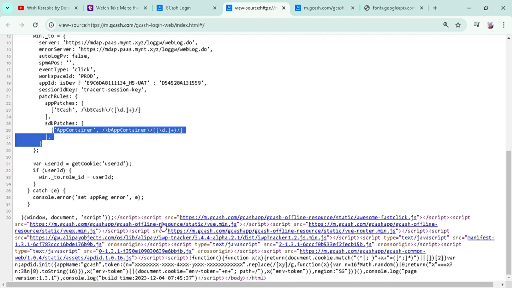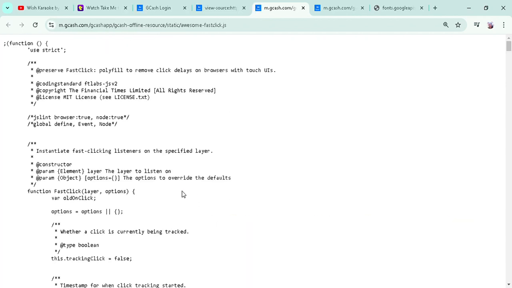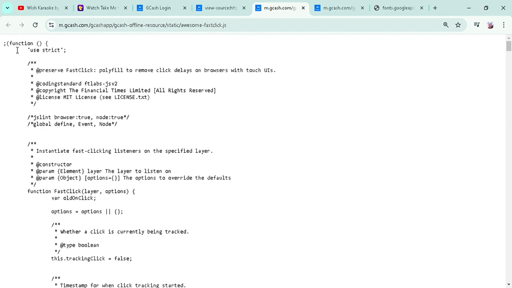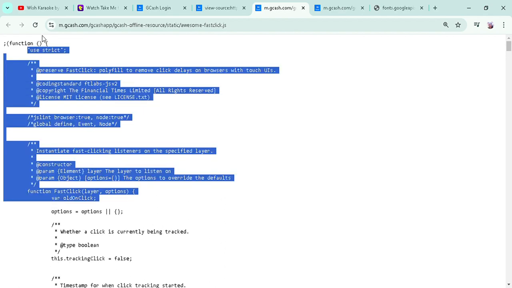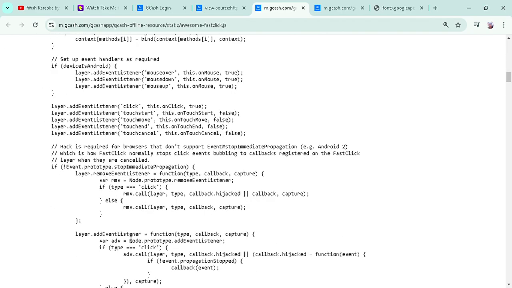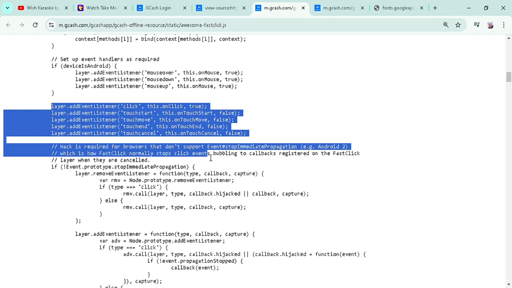You will click this one. As you can see, there is a function. This is JavaScript. So how do you understand the code? They have the layer add event listener.